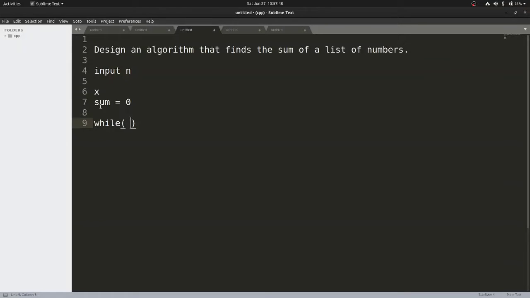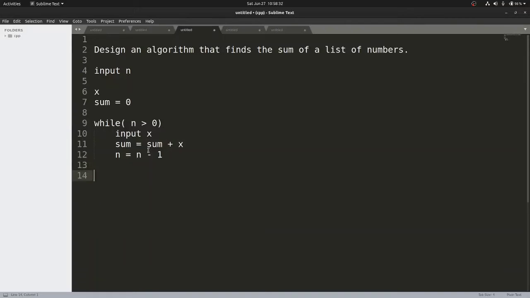While the number of inputs is greater than 0, we will perform taking inputs, then add that particular number to this sum, and then reduce the value of n. First of all, we will take input x. The user will enter the first input and this must be added to the container sum. The input that the user has given will get added with this sum and then this sum will get updated. And finally we need to reduce the value of n. Why we need to reduce, I will explain in a short while. So n equals n minus 1.